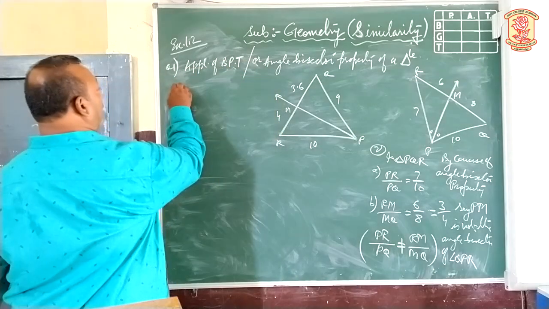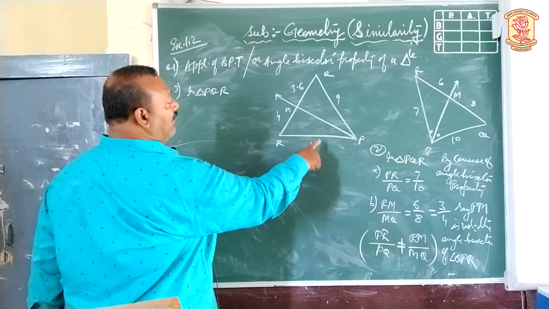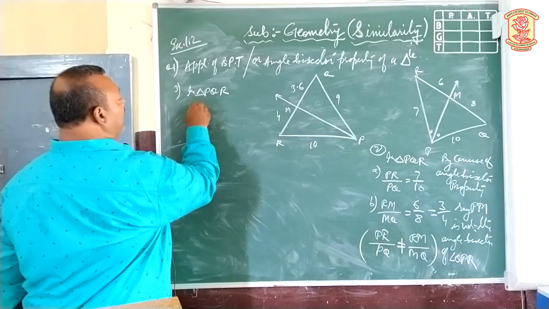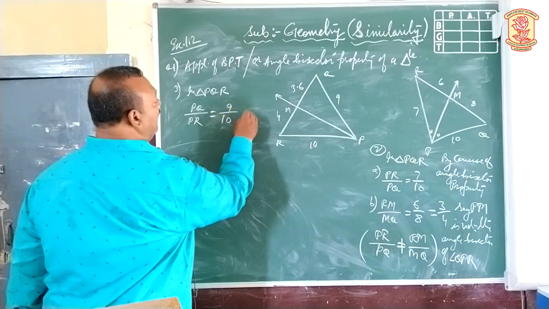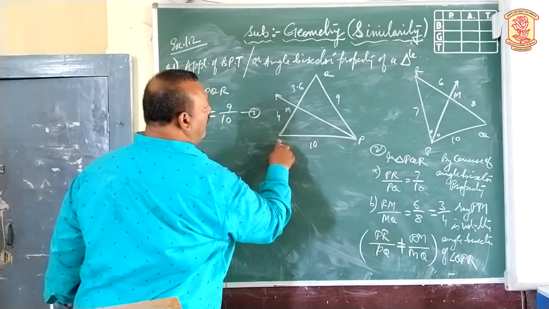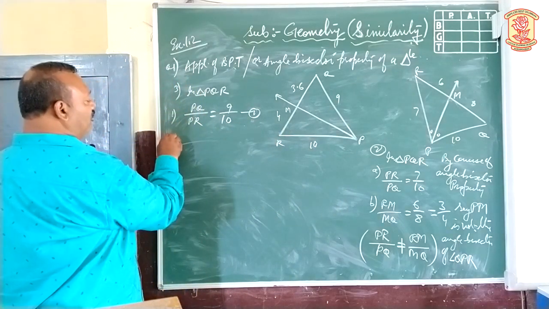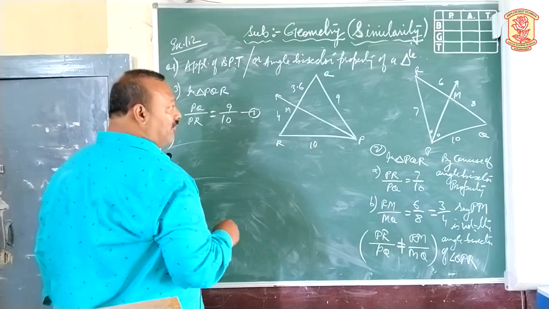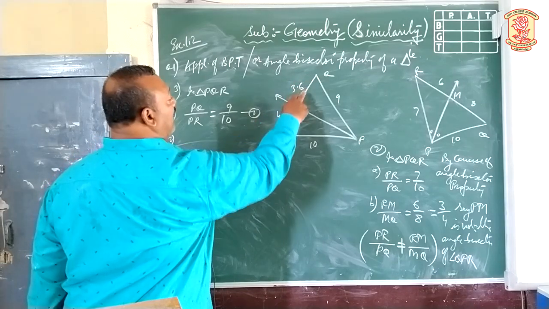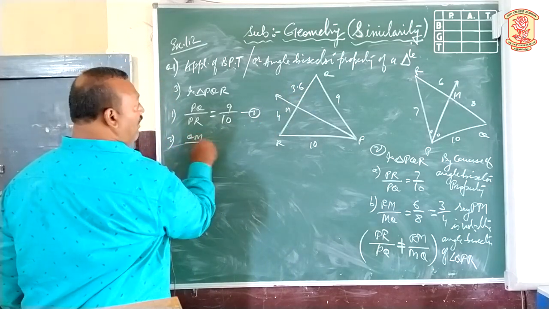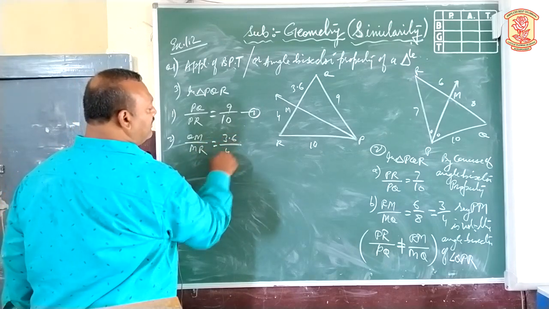Once again proceed for the third example. In triangle PQR, first of all see the ratios of the remaining sides. PQ upon PR. This ratio comes to be 9 upon 10. First ratio, PQ upon PR, 9 upon 10. Ratio 1, write it here. Second ratio. We say that it is the ratio of the remaining sides which the given ray divides. For example, QM upon MR. QM is 3.6, MR is 4.